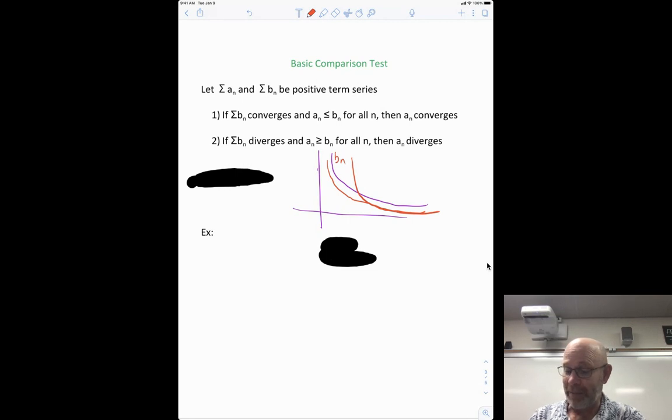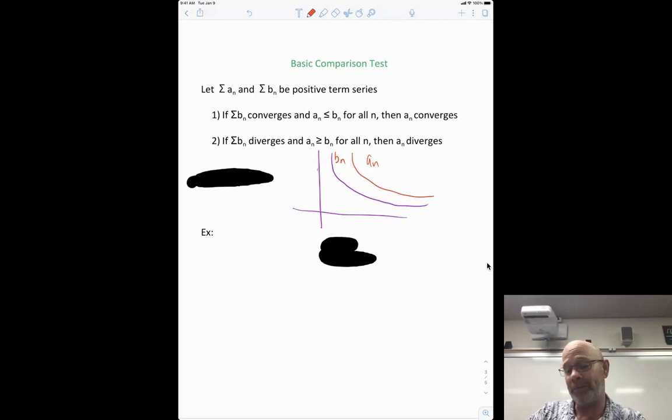If B sub n diverges, so now I've got another series. Let me get rid of the red one here. So now I still have the same B sub n, but now I know this diverges. If I have another series that's above it, it's got to diverge also because every term is bigger, right? So if the one adds up to infinity, then the other one has to add up to infinity also because